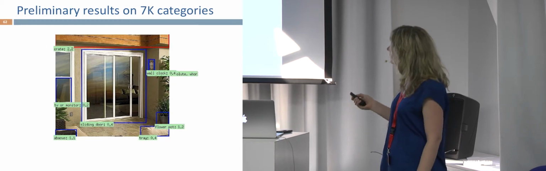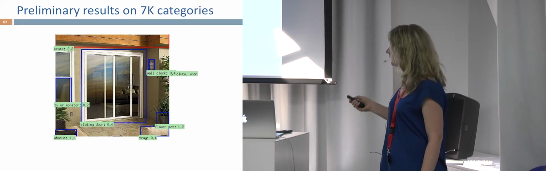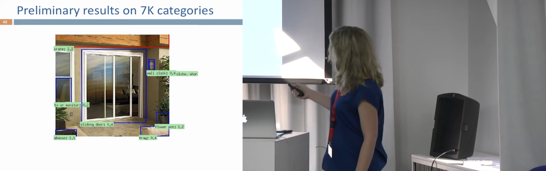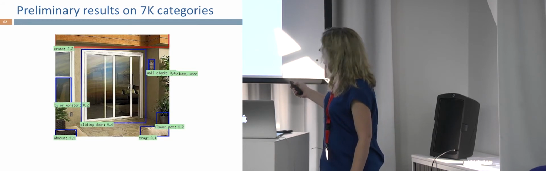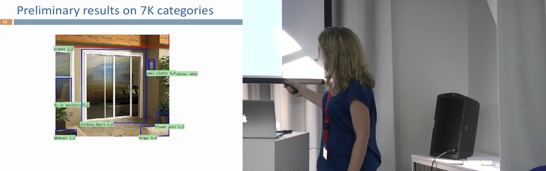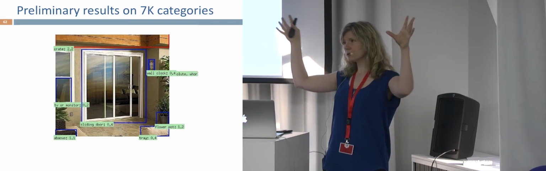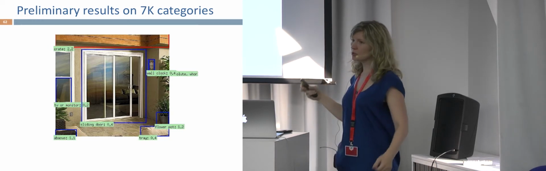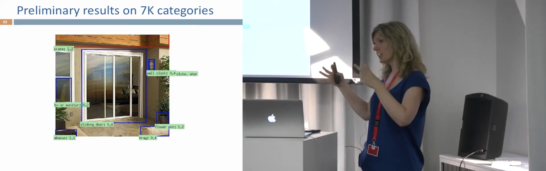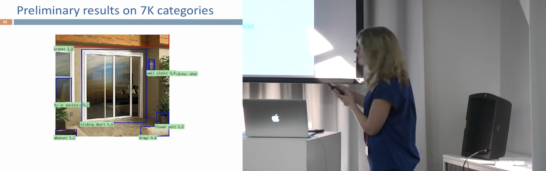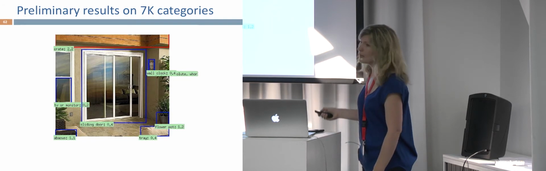If we only have a single image, I think here it's a very good example that we need to use context of the whole image. So we know, for example, that a wall clock is likely to be on the wall. That's fine. But maybe a crate shouldn't be. So it said this whole thing here is a crate. There shouldn't be a crate or a box floating sort of at the top, right? So we should be using some context to use that knowledge of where things should actually go in a scene. Right now, the algorithm is just looking at that single region and trying to guess what that is. It has no idea of what else is happening in the image.